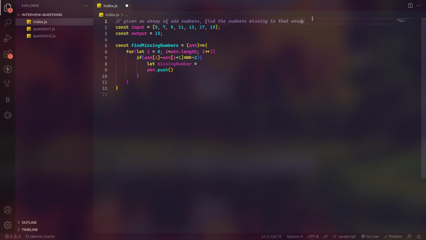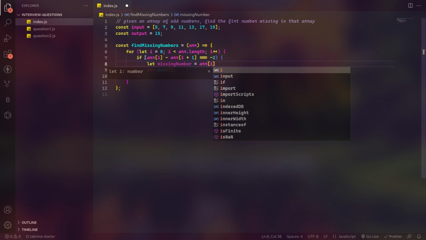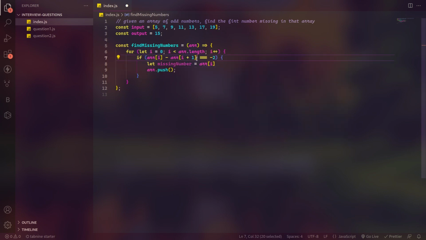So we can find the first number missing in that array. The first number missing in that array is going to be the missing number. So we can go for array at the index we see right over here. First it's checking if this returns a value of this or not, and if it does, we want to add that here. First it's checking if, and then this is going to return true, and this is